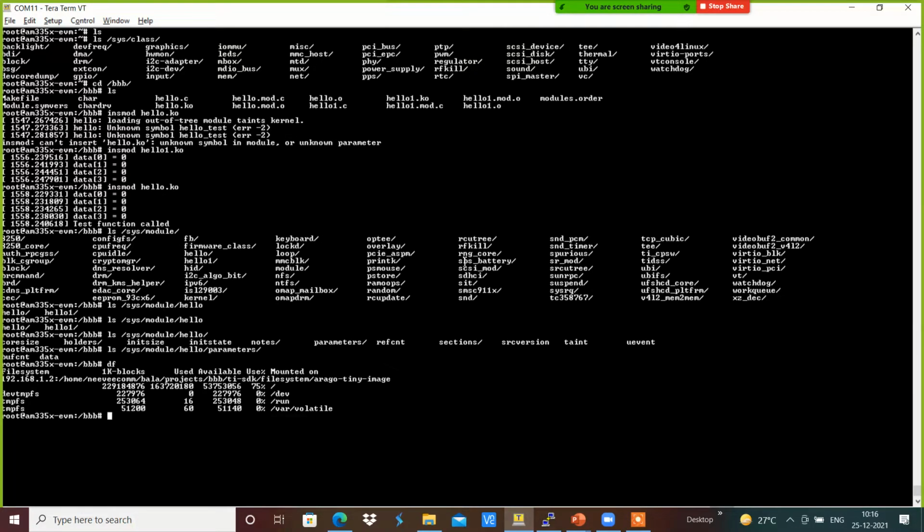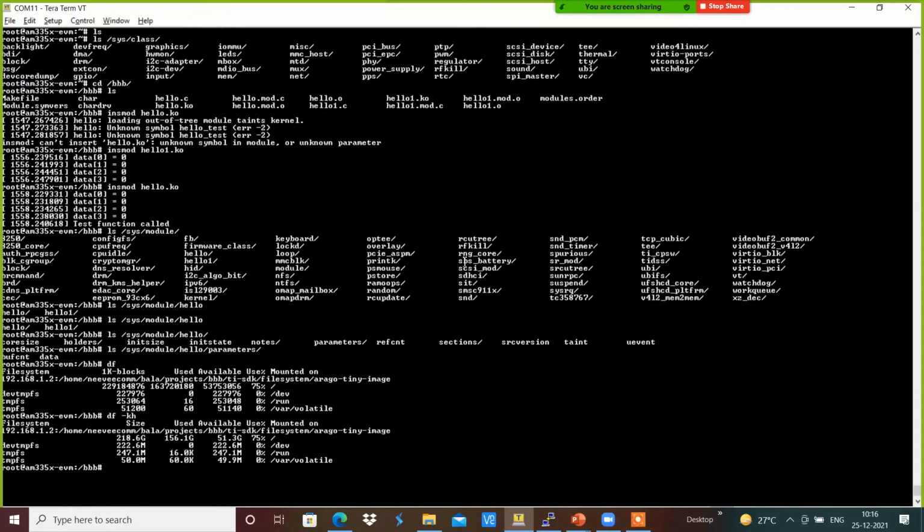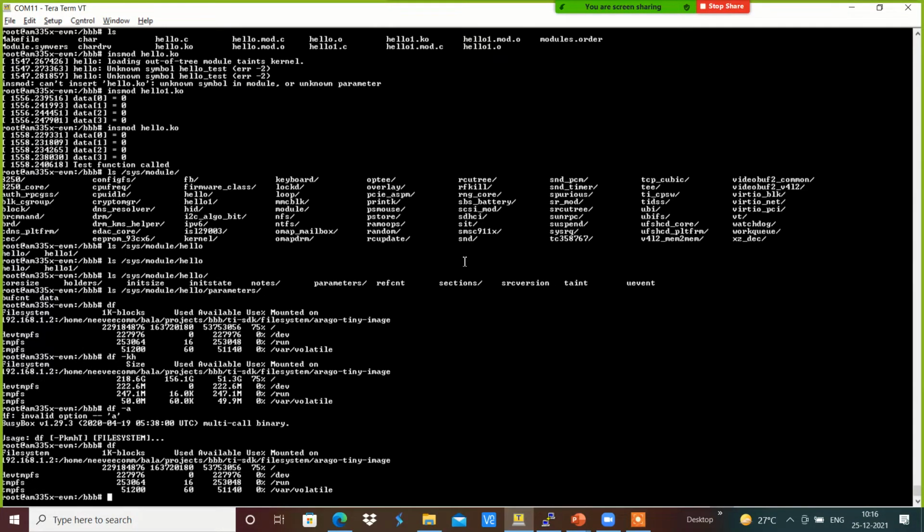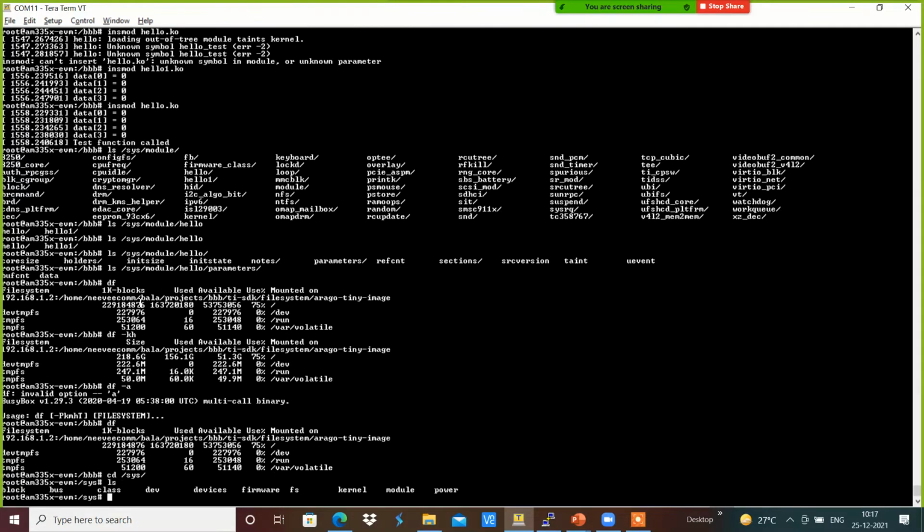For example, cd /sys, in which sysfs has been mounted over here.